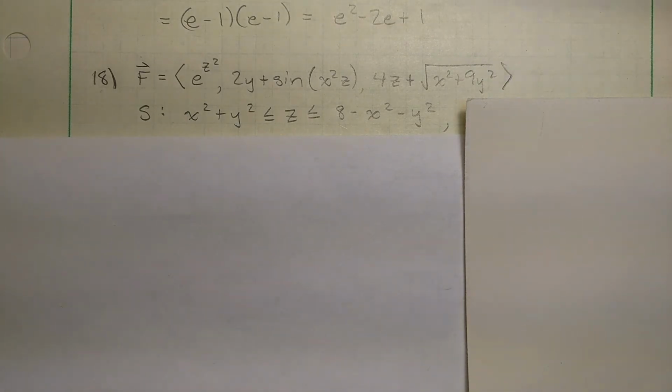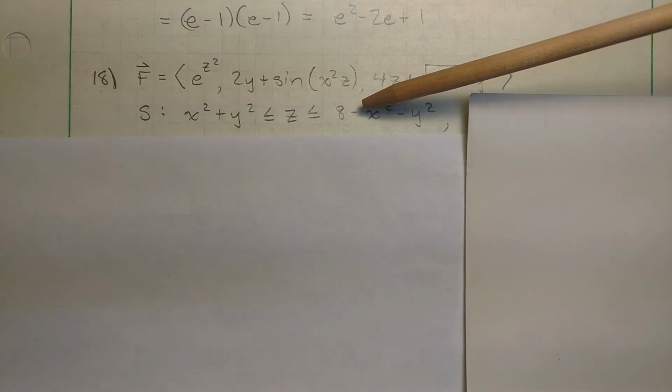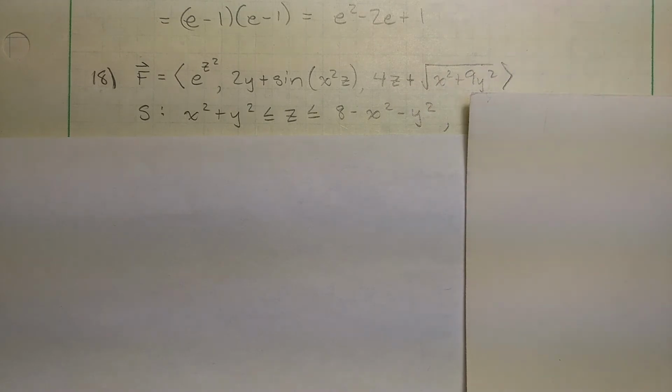What we do see is that we do have an x squared plus y squared, and we see this here. If I factor out the negative, we have 8 minus the x squared plus the y squared. So the nice thing is, though, that's the formula for a circle, so we'll be able to work with that. But we also have z, so essentially we're going to be attacking it like we're going to do cylindrical representation. But the first thing we're going to do is, in this case, the divergence theorem is not as easy because it's not as easy to think about the volume of that space, but we're going to see it's not too